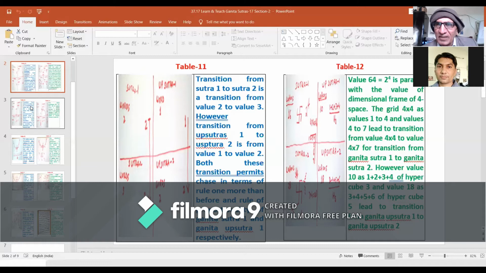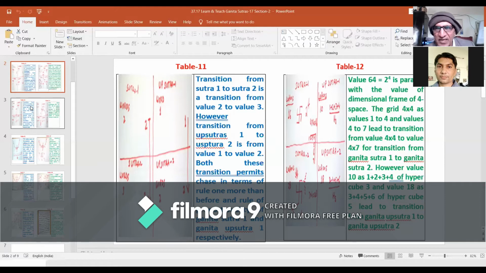And this 4 cross 4 grid, as of the frame of values 1, 2, 3, 4 for the first axis and 4, 5, 6, 7 for the second axis, will give us the desired insight as to how there is a basic mathematical rule of transition. Likewise, the Ganita Upsutra 1 as a composition of 10 letters and Ganita Upsutra 2 as